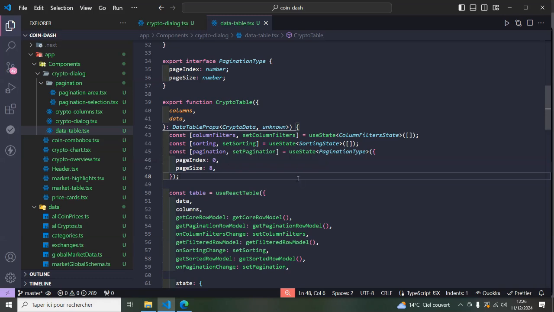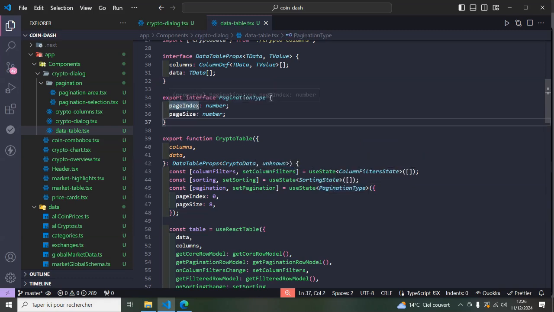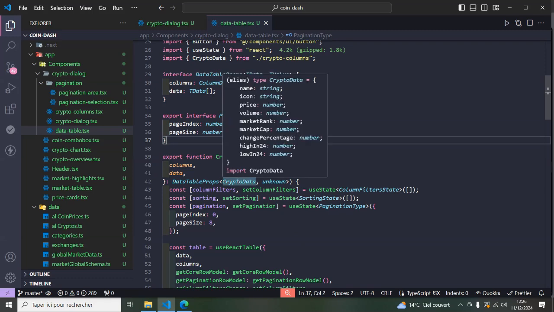So this is how we're going to do it. And also we're going to use the pagination type. So this is the structure of it. And also I did a slight update to the props, since this data table props accepts a generic type. So we're going to be adding the crypto data